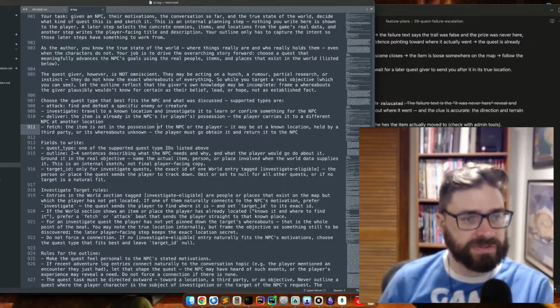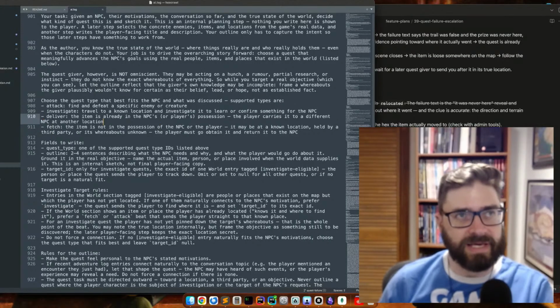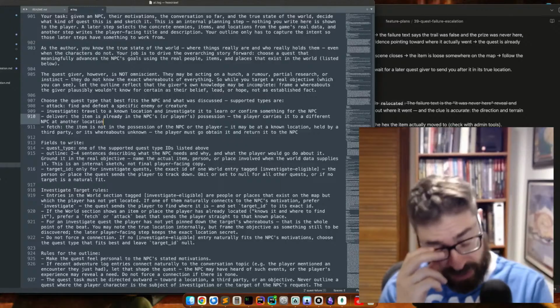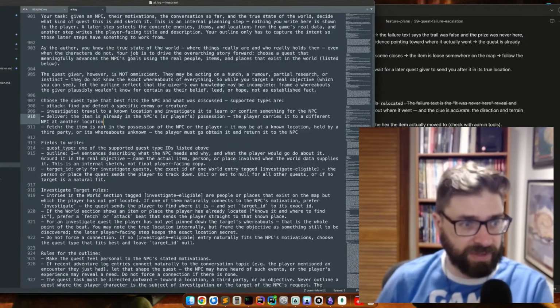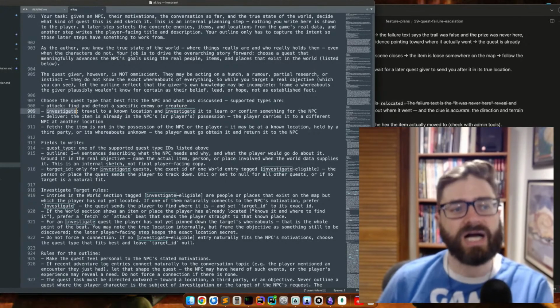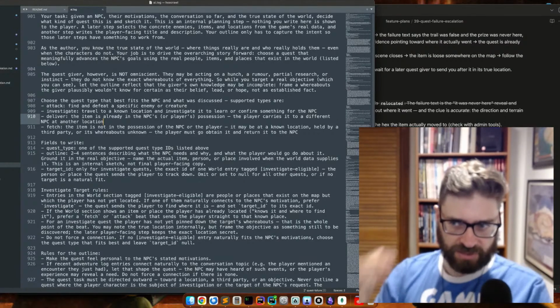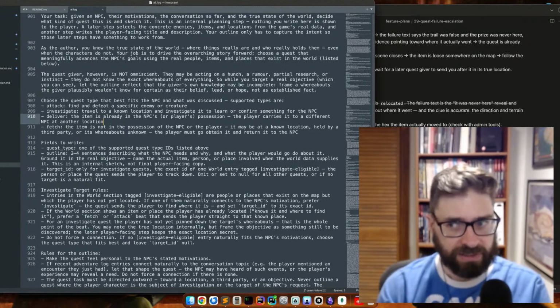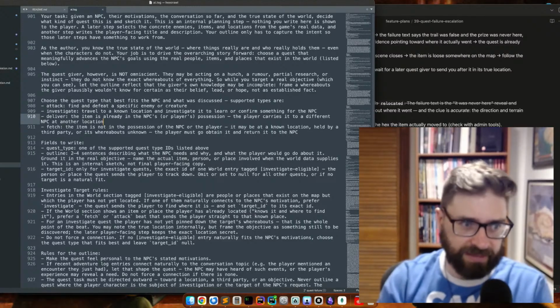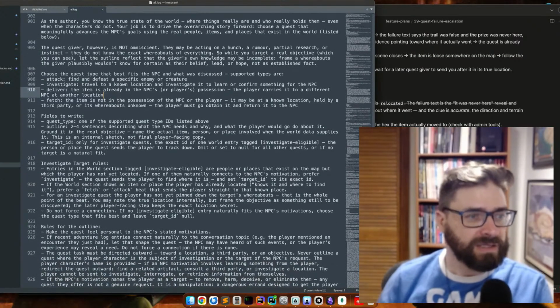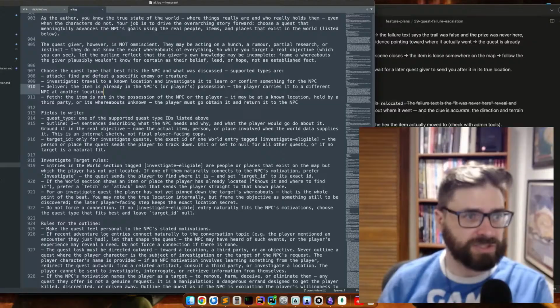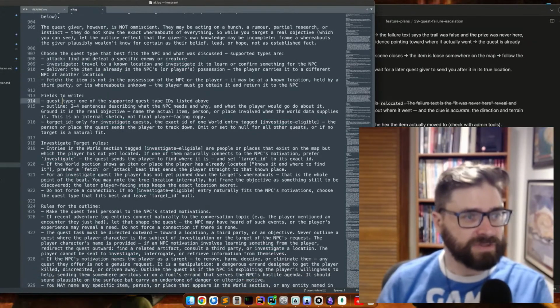Okay, so here are the different quest types: attack, investigate, deliver, fetch. Given that the new location is unknown and we have vague hints about where it might be, investigate is the right type of quest to choose. I wouldn't expect it to be a fetch. Fetch is usually "I know exactly where this thing is." That was the kind of quest we were getting with Lord Vethran. We knew Vethran had the thing; go and get it. So the LLM's choice of investigate was good.